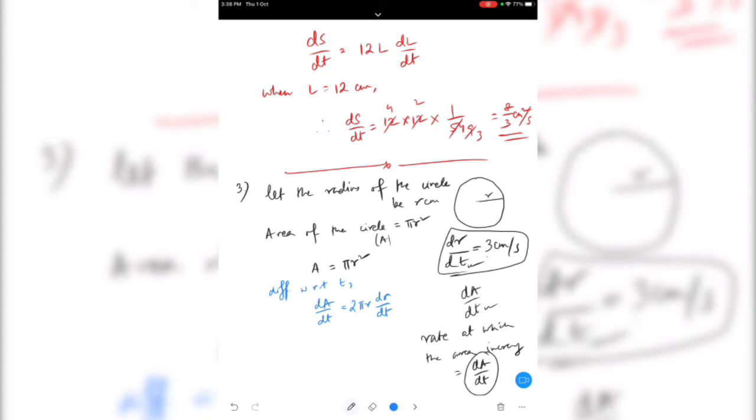Now, we basically have to find how fast the area is increasing, right? So we have all the values. First thing, when r is equal to, look at the question, the value of the radius is given as